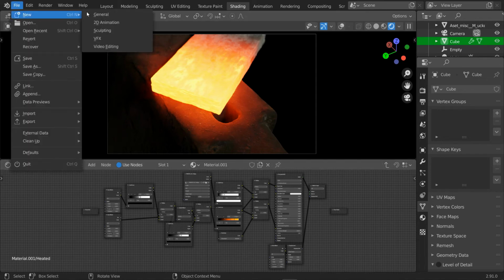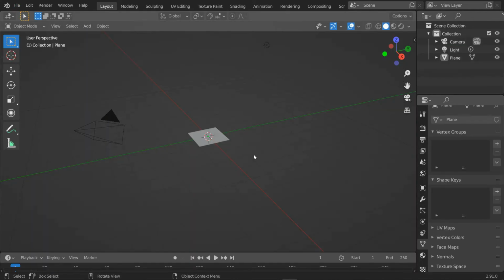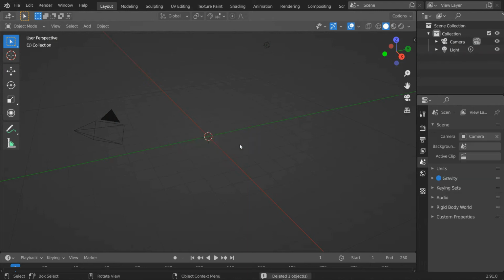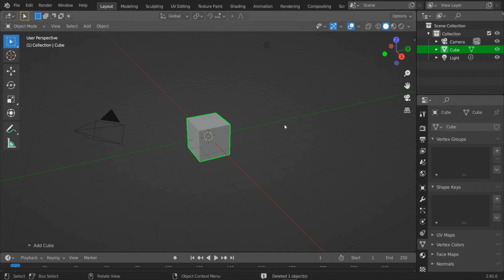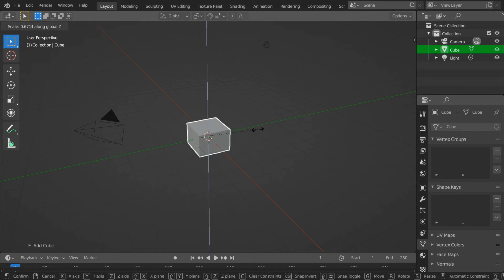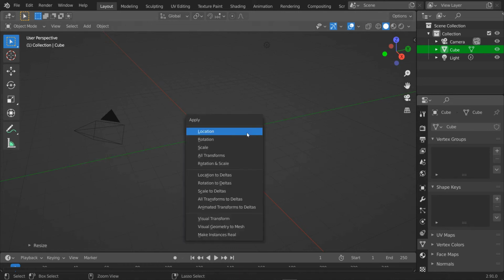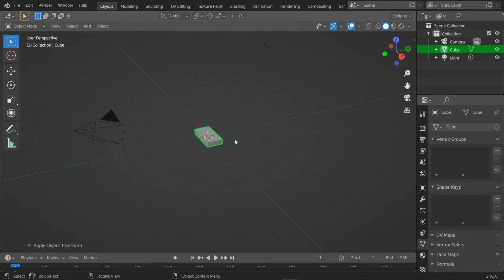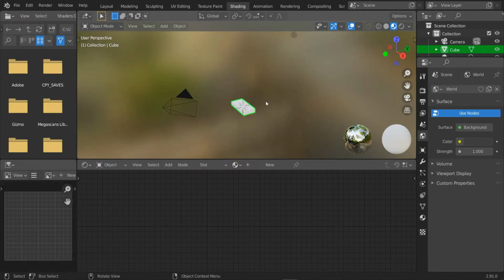So now let's start a new file. Okay, so now we're in a new scene, and let's first delete this plane, and let's add a default cube. And let me first make this in a biscuit shape so we can see the effect on it much better. Okay, now we have created our basic mesh, and now we will move to the shading section because we can't do the shading here. So up right here, click on this shading,